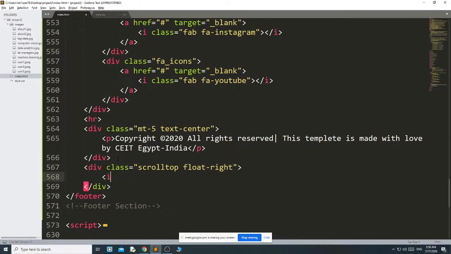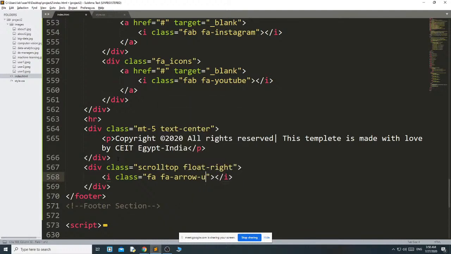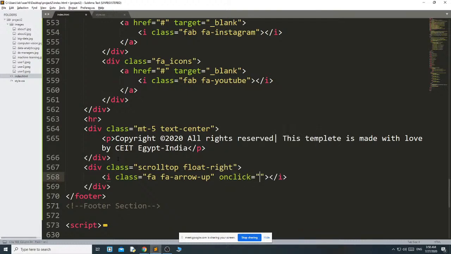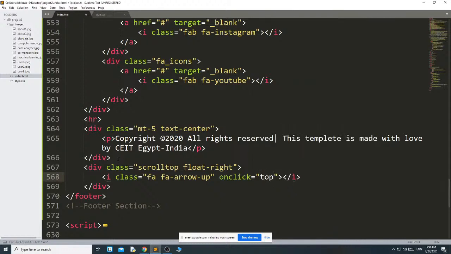Then I class fa arrow up, and I need an onclick event of function.